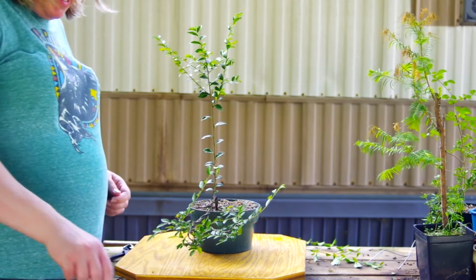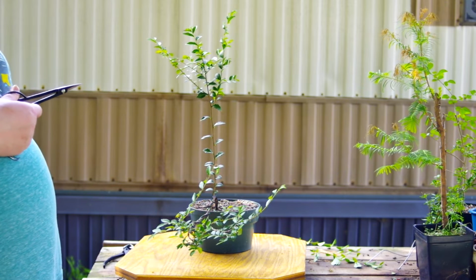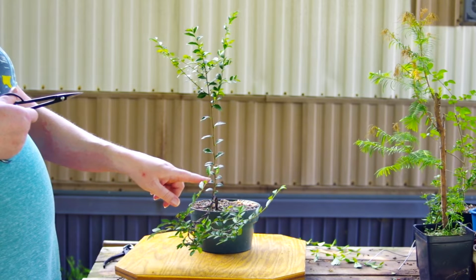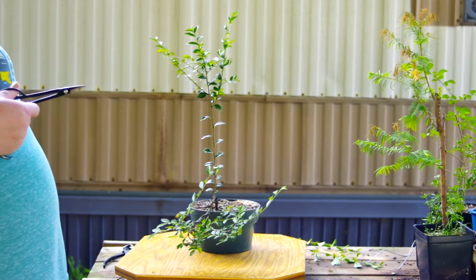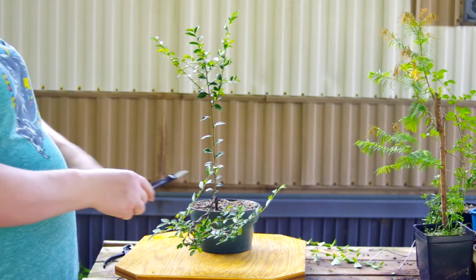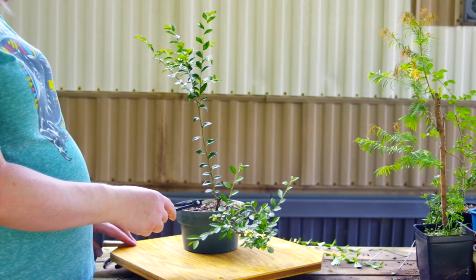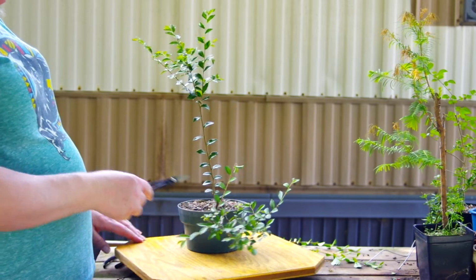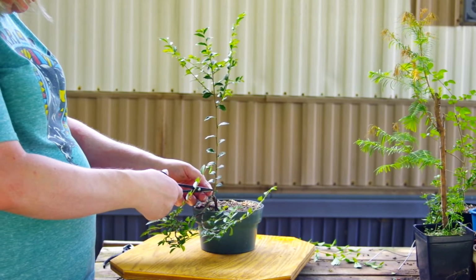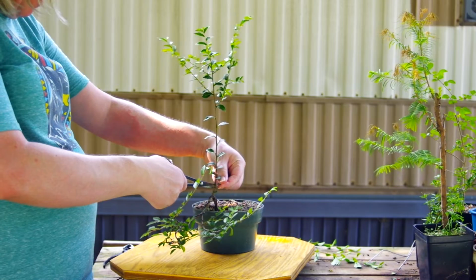I'm thinking I'm going to try to cut off some of the leaves down low and see if I can get some branching out lower, just to help. I don't want it thickening up right there, but the end could still need some more thickening up. So prune these leaves off,